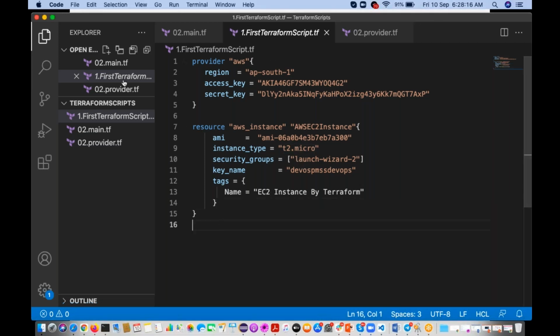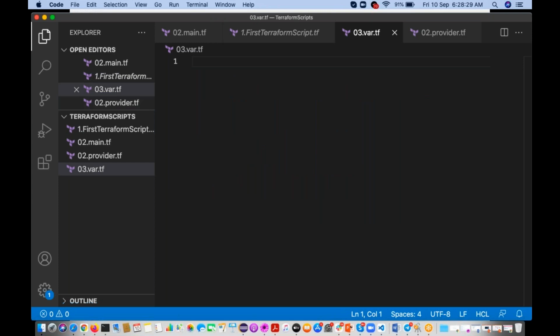So I will create a file 03.vars.tf. Here I am going to create the variables instead of hard coding the values in the script file. For creating variables, we use one keyword: variable.